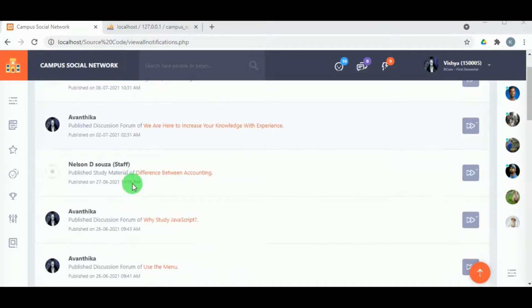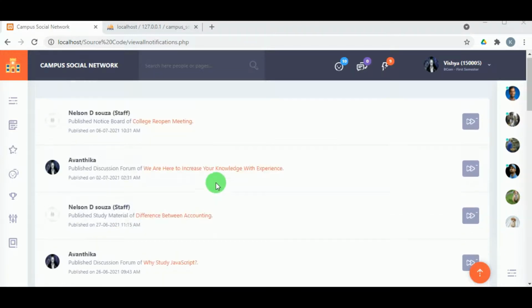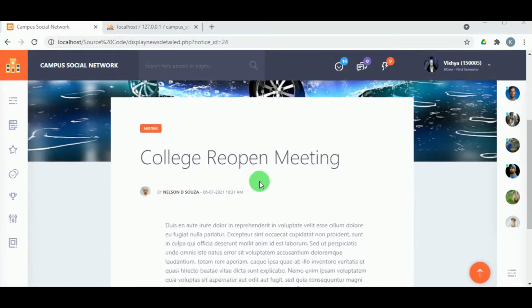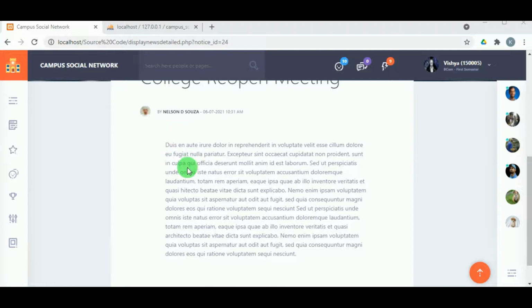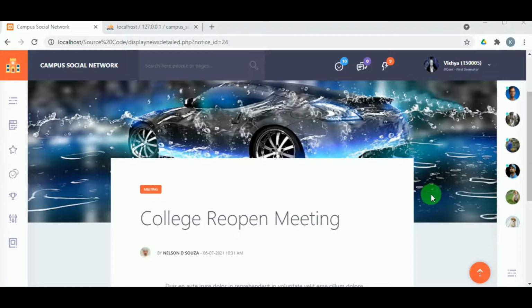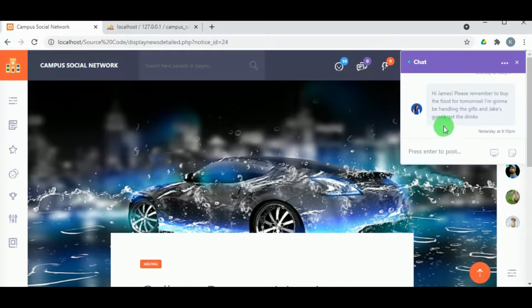Then in the notification from the college, students related information such as from news feed or the notice details can be viewed here, as well as the discussions. Whatever discussions are posted by the students, that also will be notified in this notification feed. And the different students messages can be viewed, and also the students can reply to those different messages.